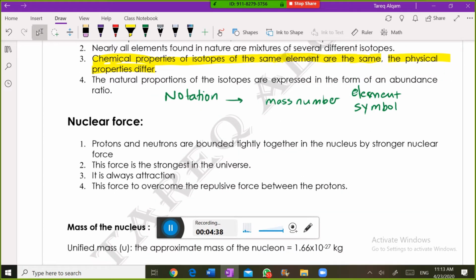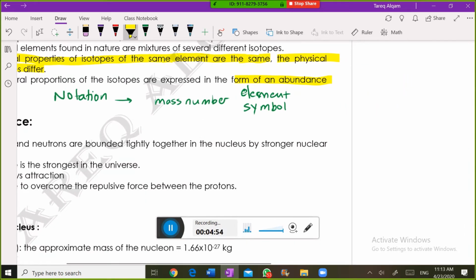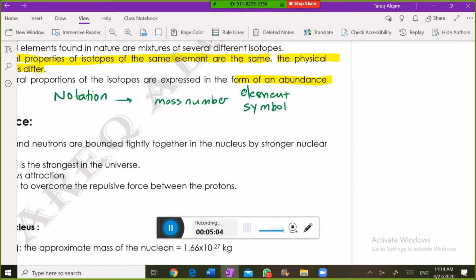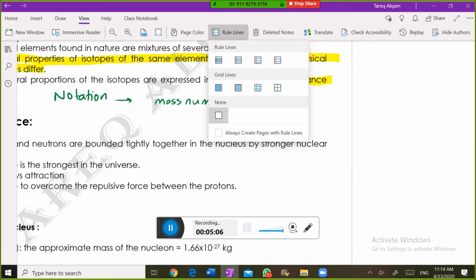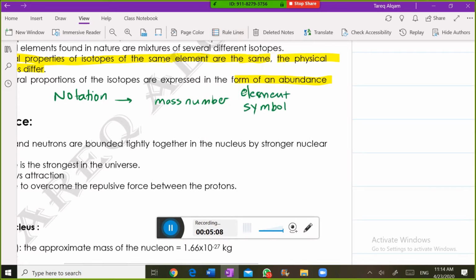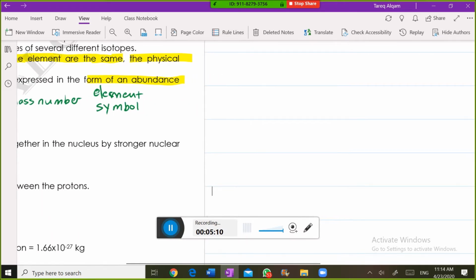The natural proportion of isotopes is expressed in the form of an abundance ratio. I think you took that in chemistry. Abundance ratio is the percentage of this isotope in the matter existing in the universe. For example, about the abundance ratio,